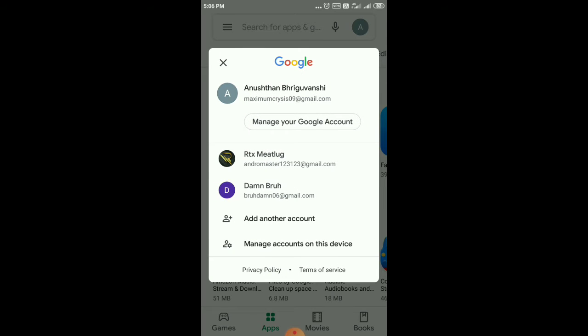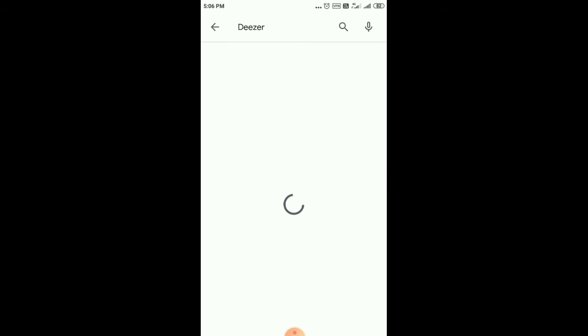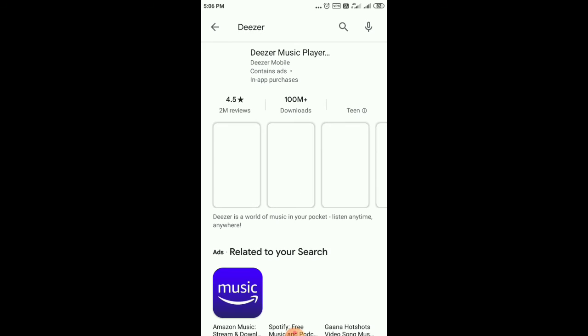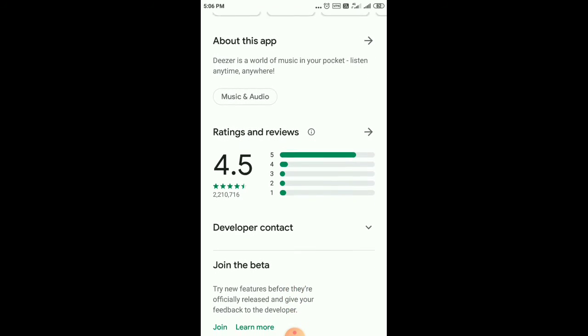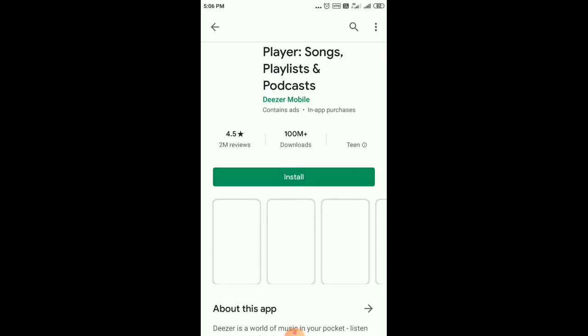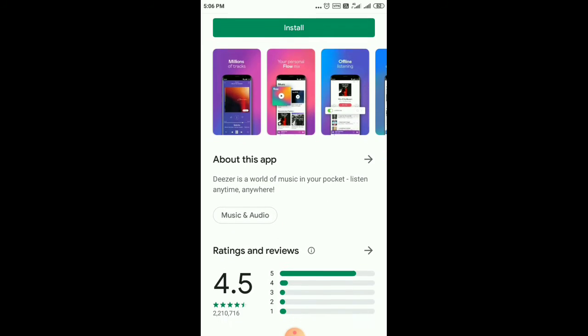Now I'm going to open Play Store again and switch to another account, which is what you need to do after this. If you don't have any other account, then create one and switch to that inside Play Store. Once you have switched to another account, it's going to load up, and now search for the particular game or application which was previously unavailable on Play Store, which is Deezer in this case. I'm going to search for it, and as you can see, it's loading, and it is available. I can easily install it without any issues whatsoever for free in my nation where it was unavailable on Play Store itself.